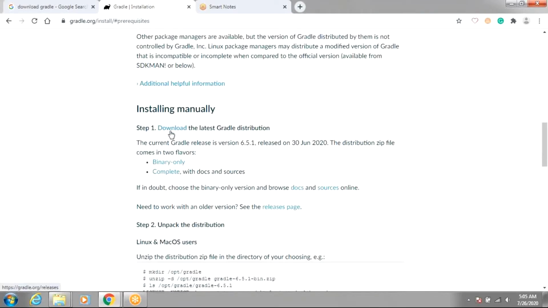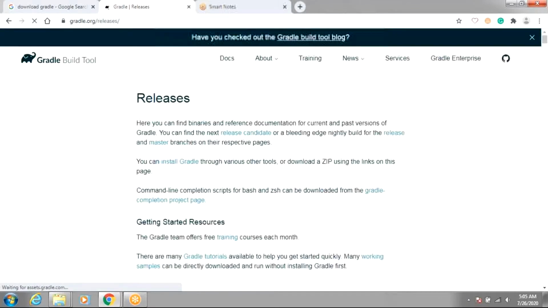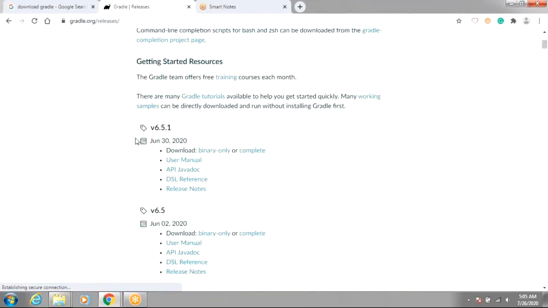If you click on the download link, you will see the binary files here. This is version 6.5.1, and this is the link for the binary-only file.